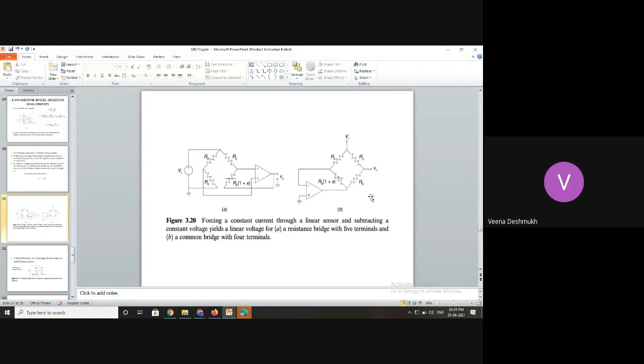So different combinations of this bridge can give very sensitive and good results. A slight variation of this we will see in the next class, where to compensate the lead resistors or the self-heating, one more parallel resistor is connected here. So that takes care of the self-heating of the resistors, so that the instrument in which this combination is used can be made more sensitive.